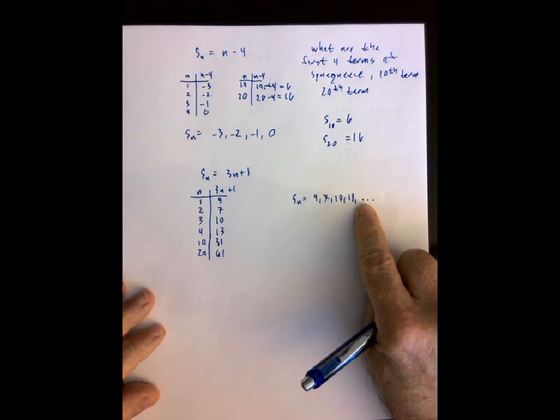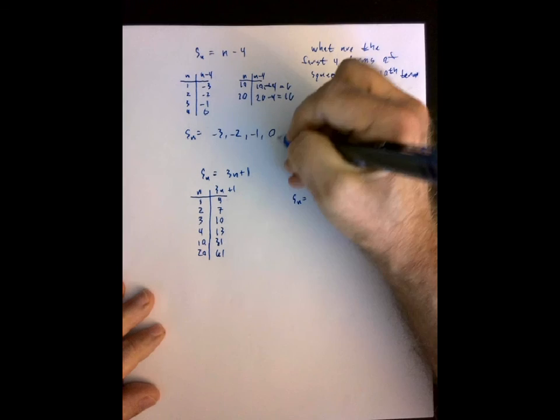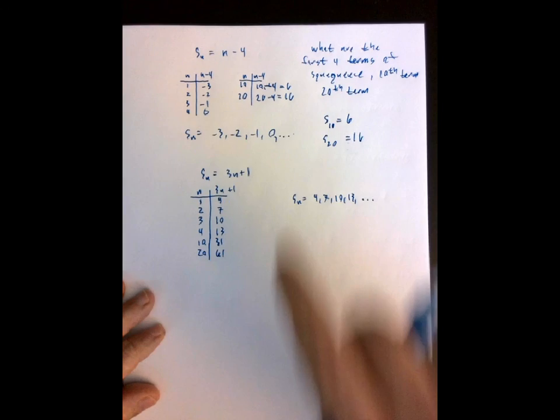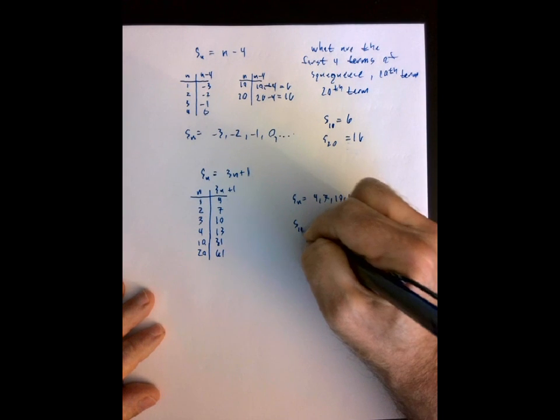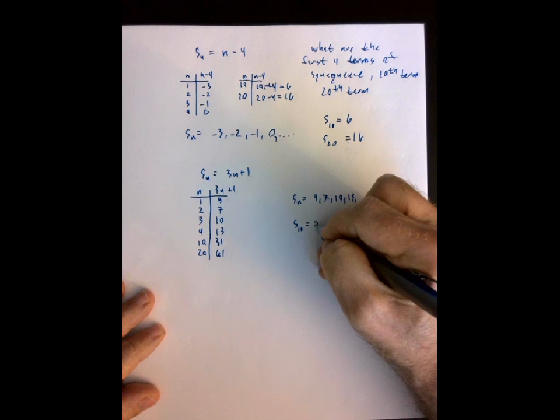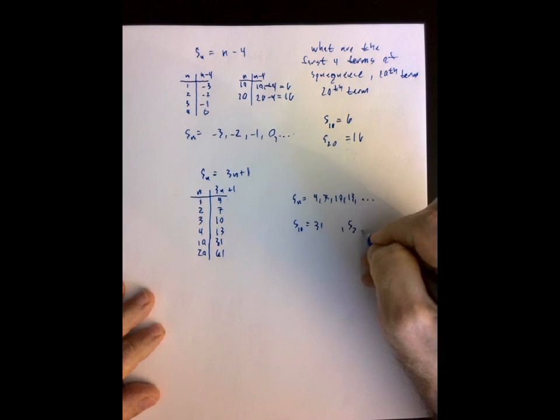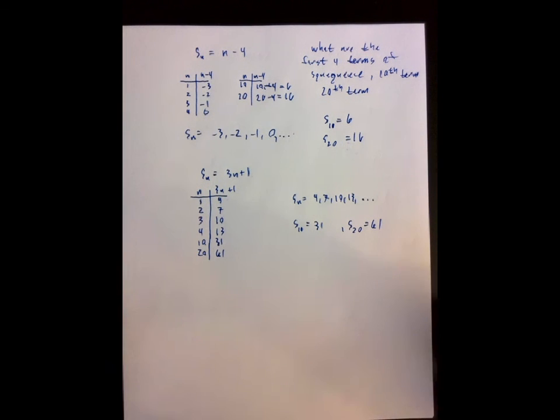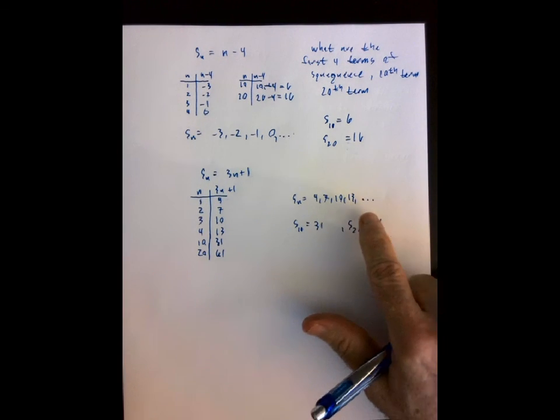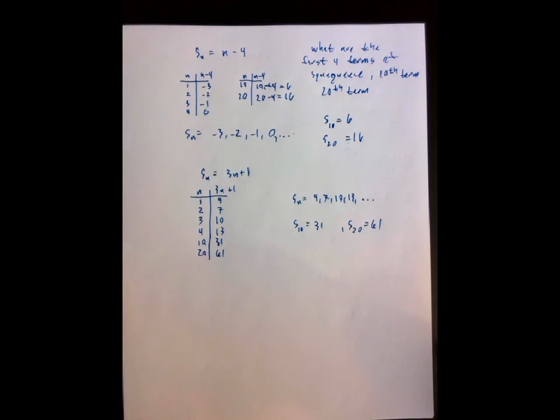to show that that sequence keeps going, doesn't stop. And I should have done that up here, by the way, dot, dot, dot there as well. We could say S sub 10, the 10th term in the sequence, is 31, and S sub 20, the 20th term in the sequence, is 61. So it's just like a function, right? But we write out the values of the function in different ways, sequence-wise. Okay? All right,